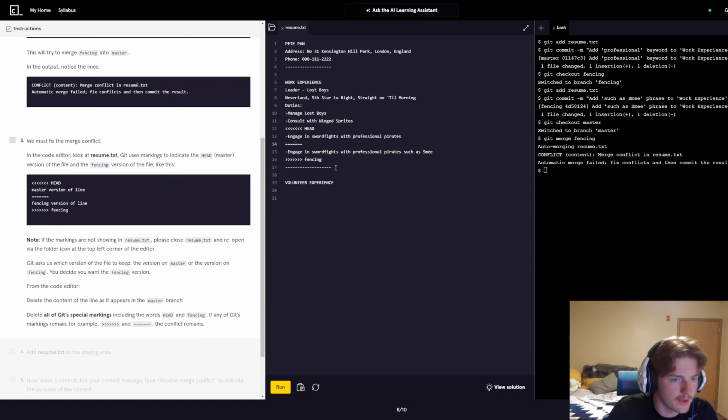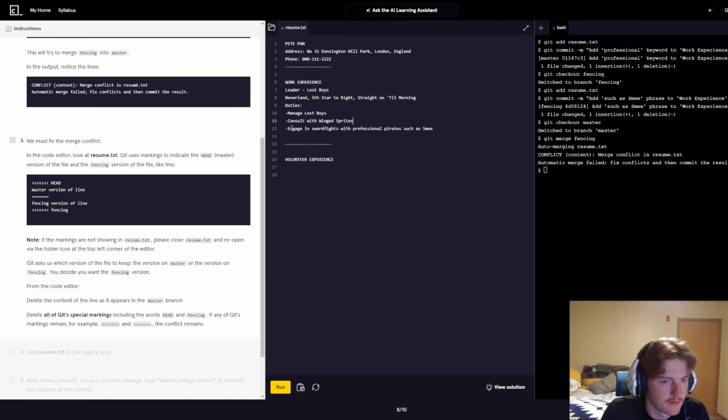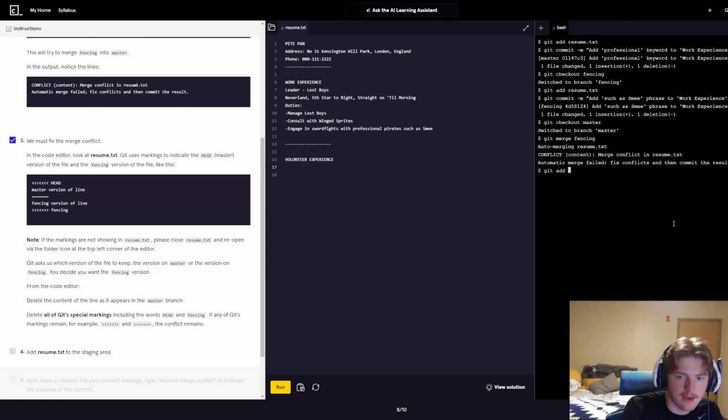Okay, so it wants me to basically keep the fencing one, right? So we're going to get rid of this keyword. We're going to get rid of that. Right. Now we can do git add resume.txt to the staging area. And now we can make our commit, git commit -m